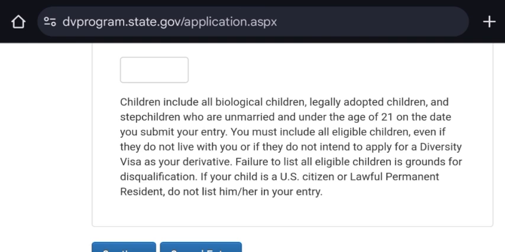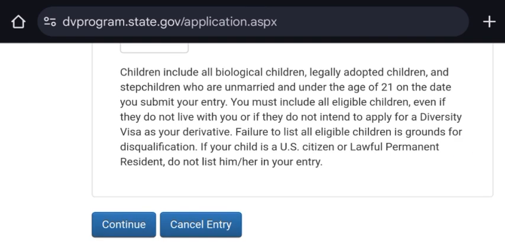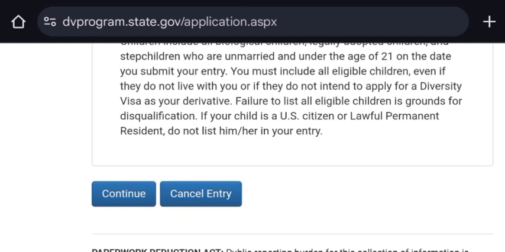Failure to list all eligible children is ground for disqualification. If your child is a U.S. citizen or lawful permanent resident, don't list him or her in your entry. Then you click on continue.